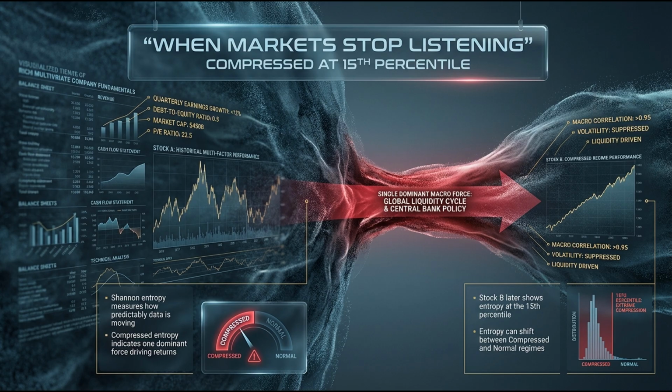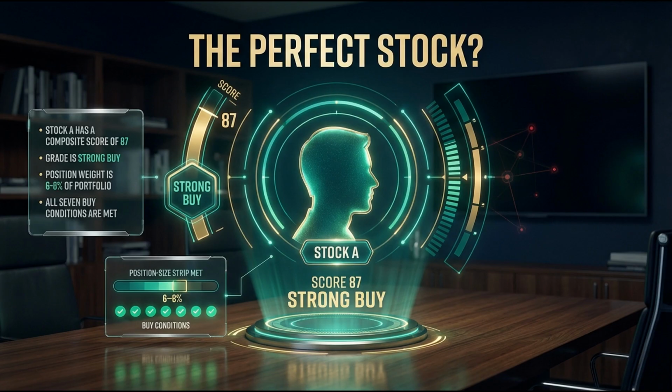I see why you think that. But your analogy assumes the altimeter is flawed if the plane is inverted. The altimeter is still providing the absolute measurement of distance from the ground. But the distance to the ground is closing rapidly. The composite score is providing the absolute measurement of mathematical viability. If the room is chanting one word, the system adjusts the regime layer to account for that macroeconomic dominance.